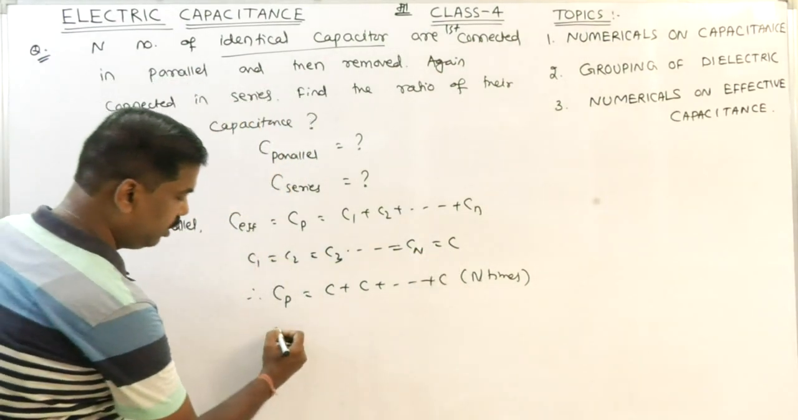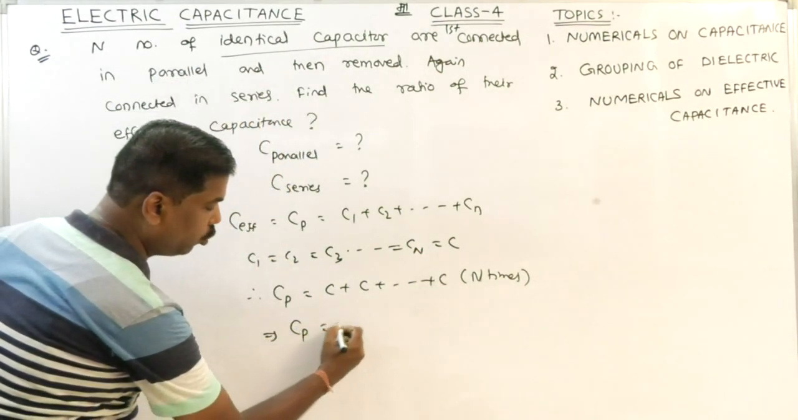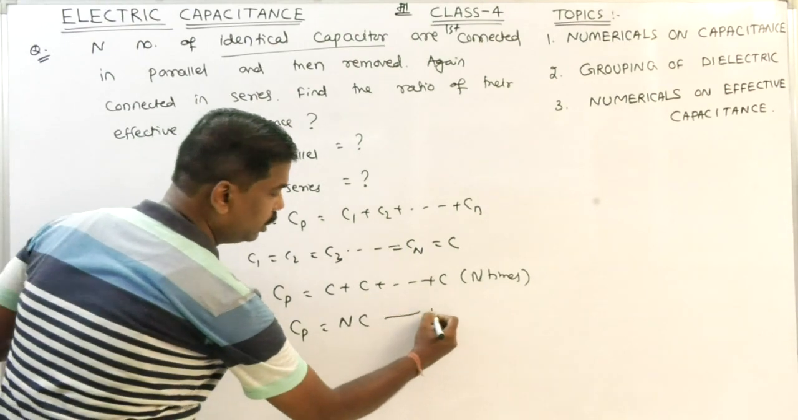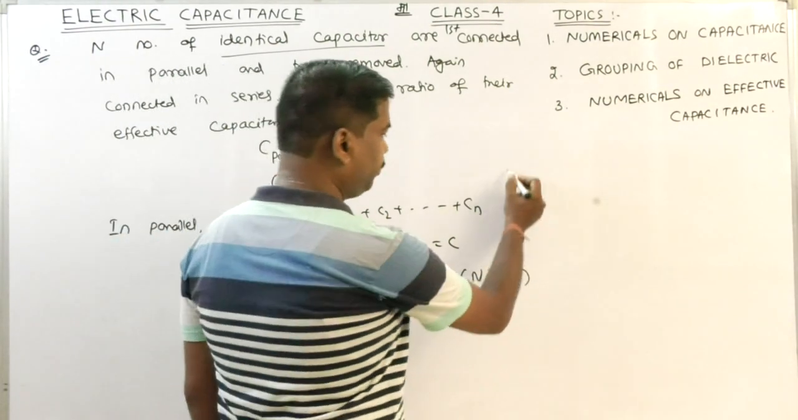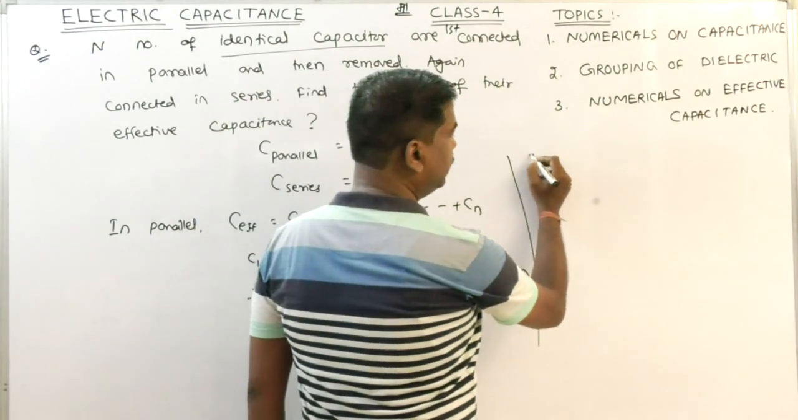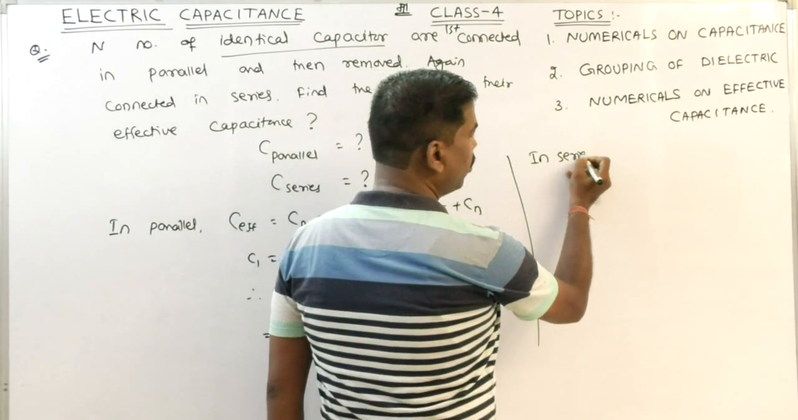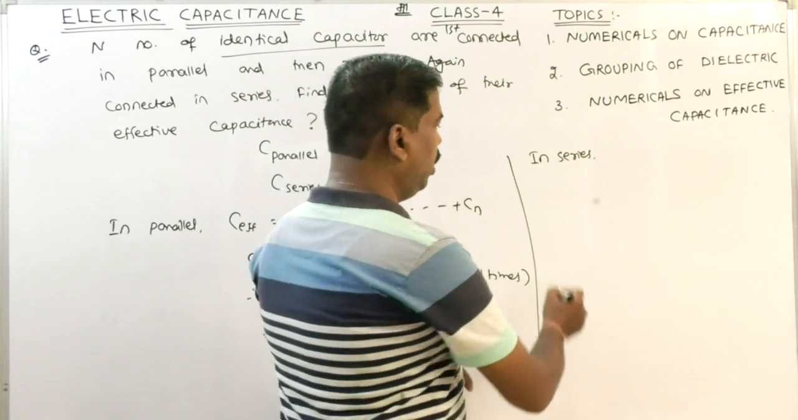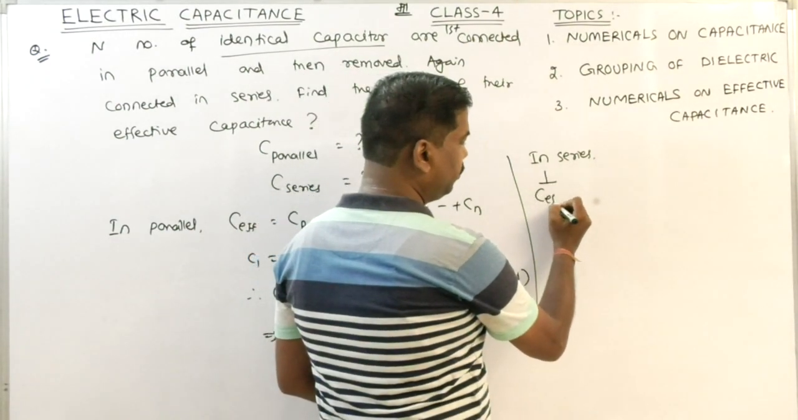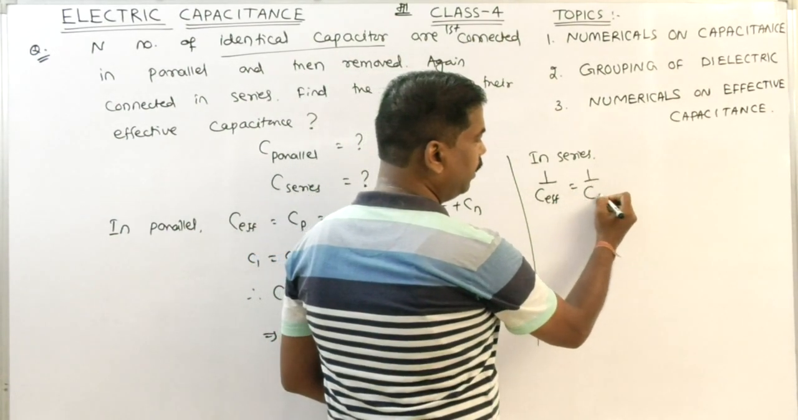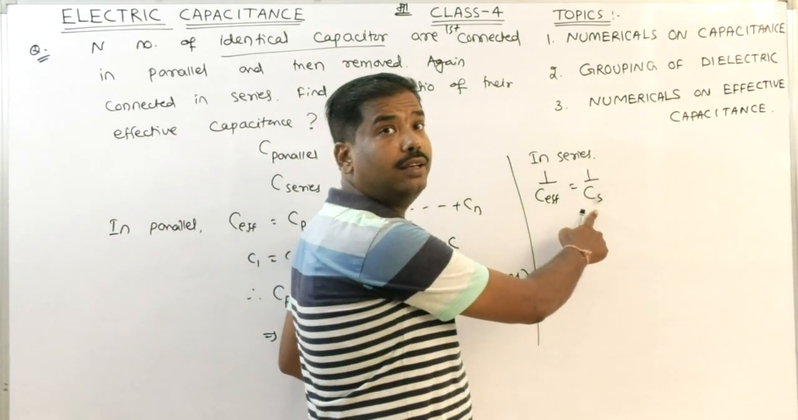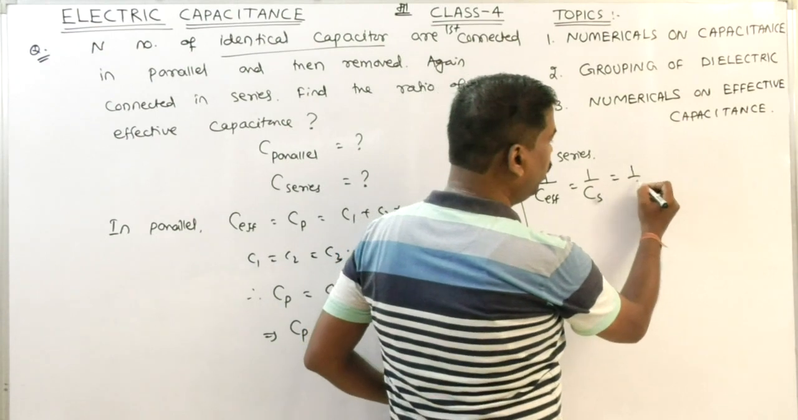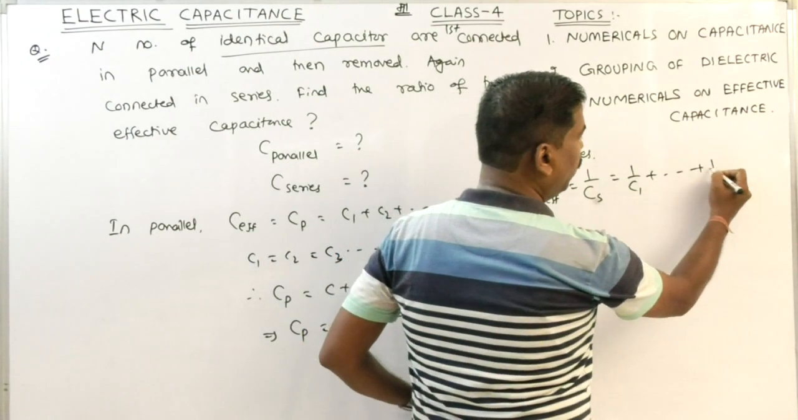Clear? Therefore, Cp is found to be nC. This is equation number 1 when connected in parallel. Now, in series, 1 by C effective, that is 1 by C series. Let instead of effective capacitance I put it C series, is found to be 1 by C1 plus 1 by C2 and so on